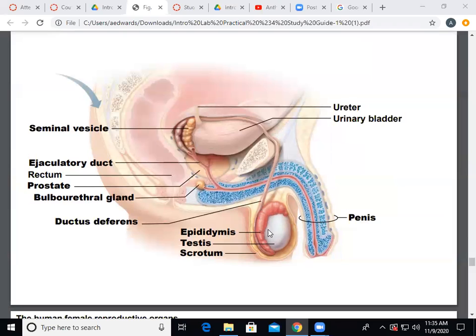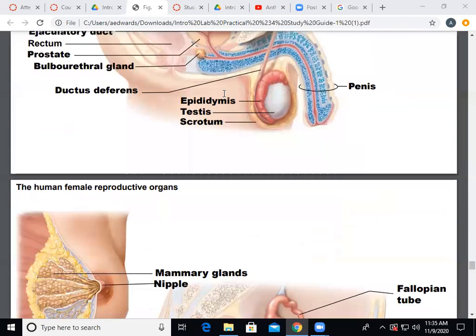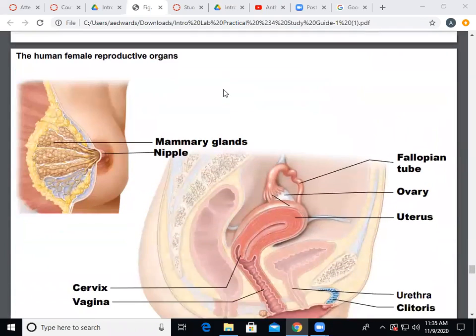So sperm are able to get from the testis out of the body through the pathway called the ductus deferens. And the portion of the male reproductive tract that goes out of the body is the penis. All right, so for the female reproductive system,